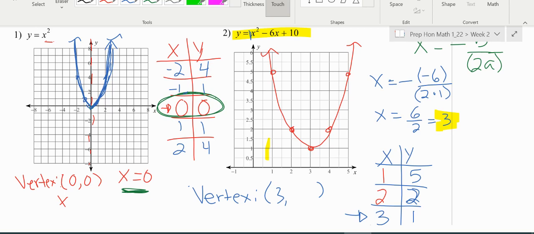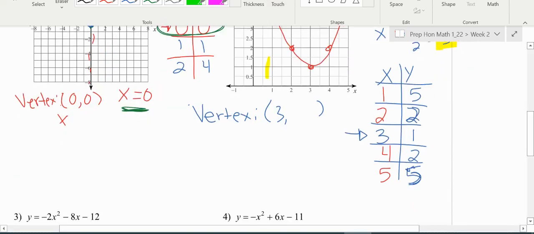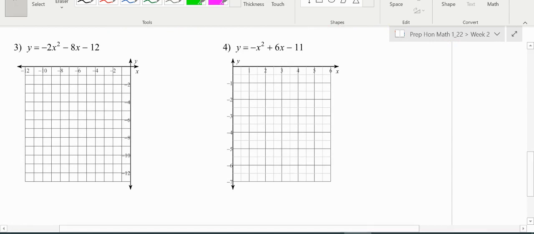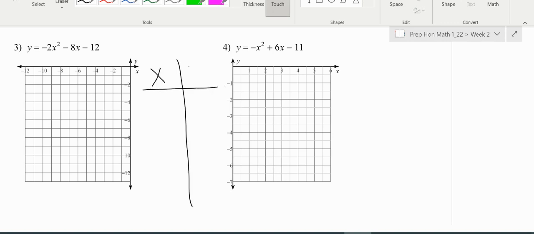For the next two, it's essentially the same exact thing. So we would go ahead and calculate. If we want to evaluate by hand, we can, or we can use our graphing calculator. So if I go ahead and make a table for this one, I'm going to use my axis of symmetry. So the opposite of b over 2a. So b is negative 8